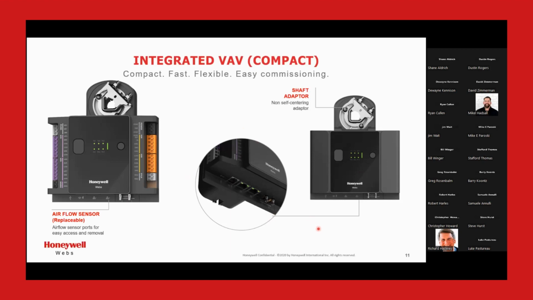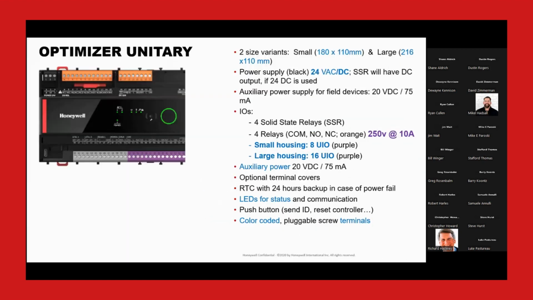So from there, introducing the Honeywell unitary controller. This is the Spyder 7 unitary, now renamed Optimizer Unitary. It's available in 2 flavors, small and large. That is a small, and you add 8 more IO to it, to a total of 16, and it becomes a large. The only difference between the small and the large is the number of purple universal IO